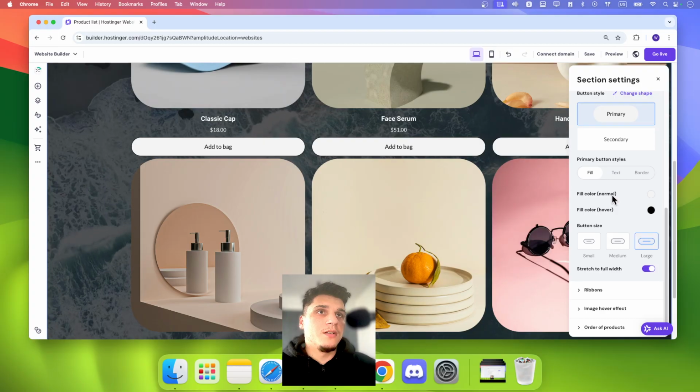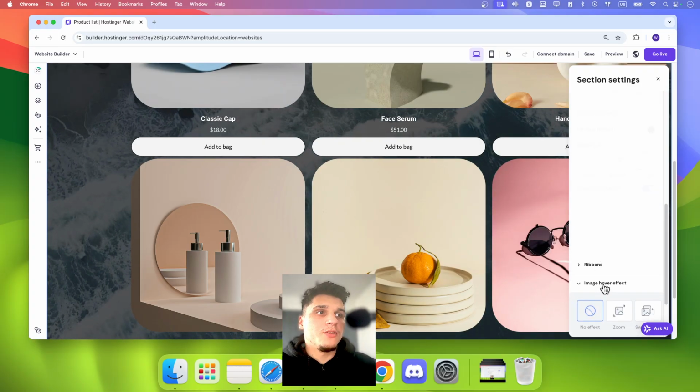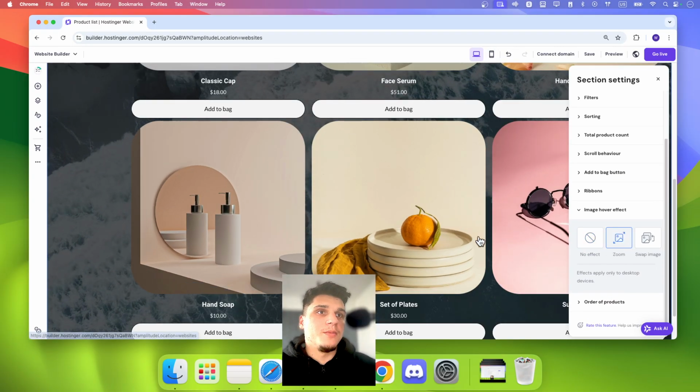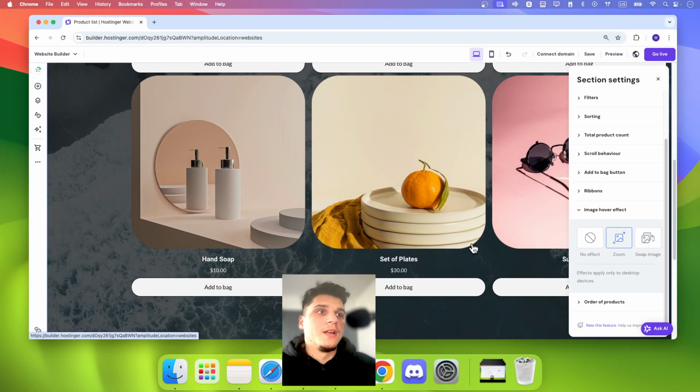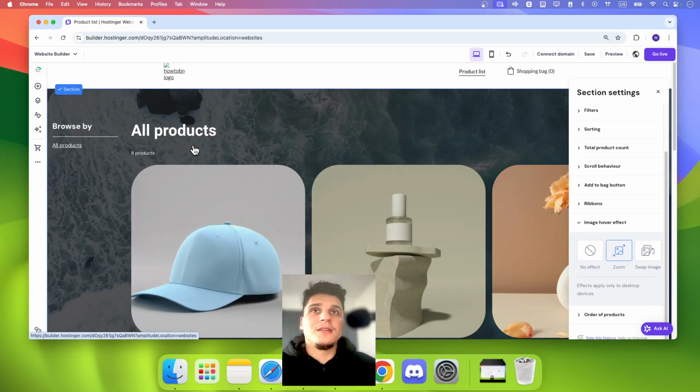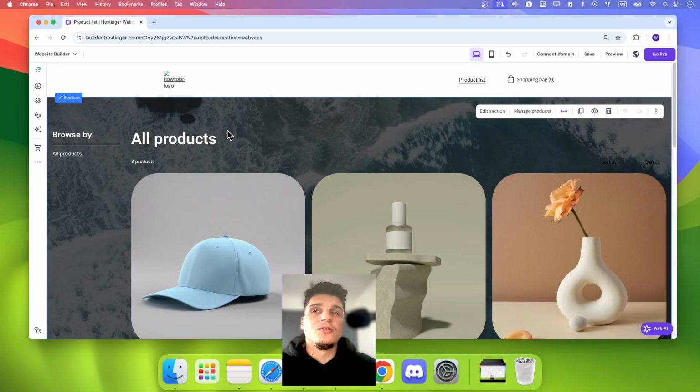You can pick color. And now image hover effect, if you want to add this image hover effect, I do like it. I'll add it. And now we added this. Now let's actually go to